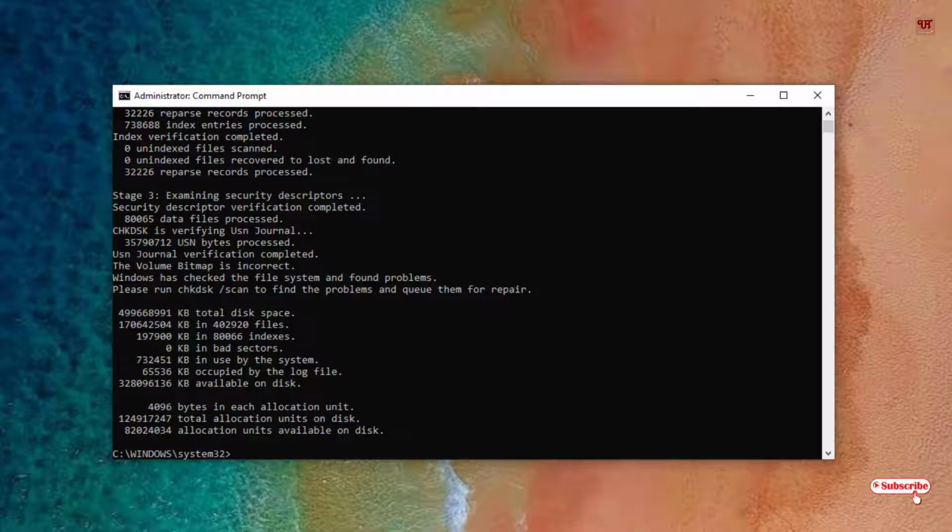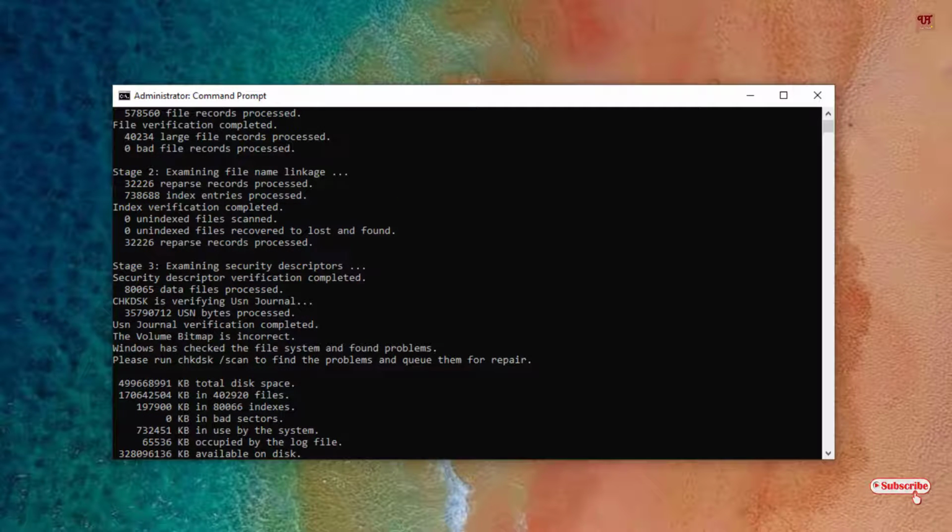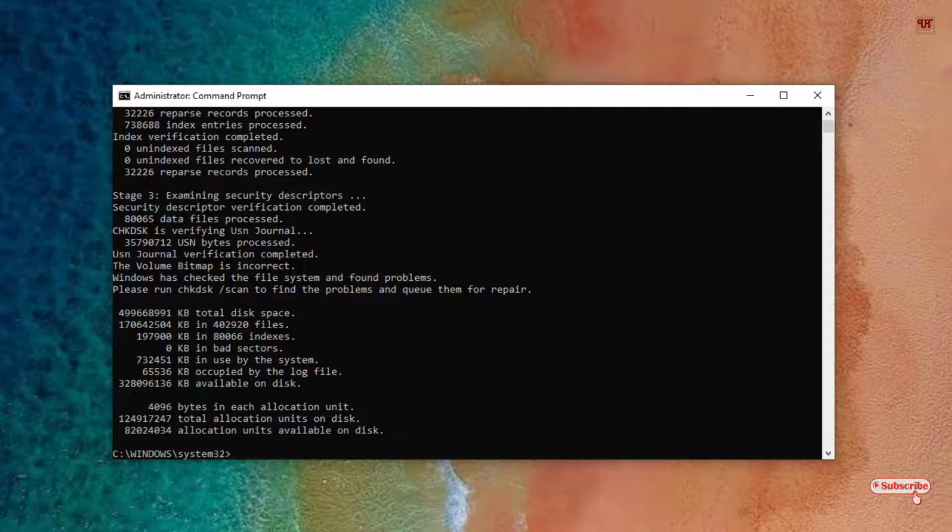So finally you can see the check disk is completed. Here you can see it's written 0 KB in bad sectors, so there are no errors and the disk is completely free of errors. In this way you can completely scan for disk errors using the command prompt, and I will highly suggest